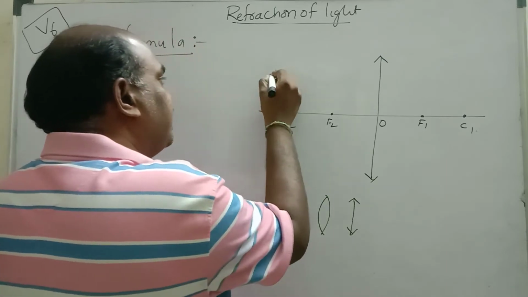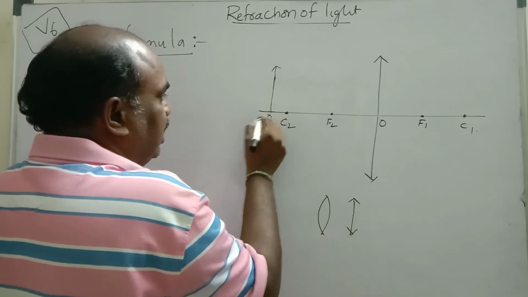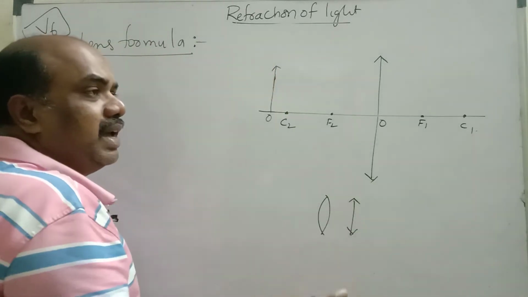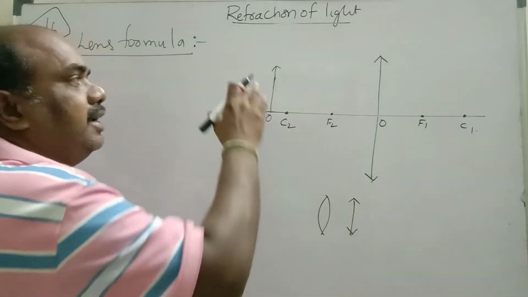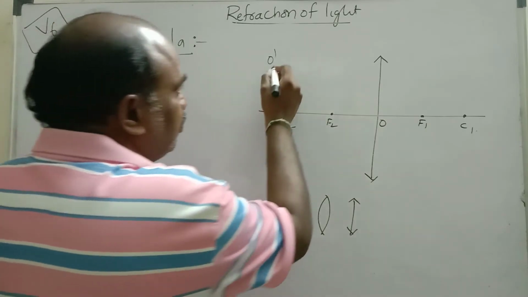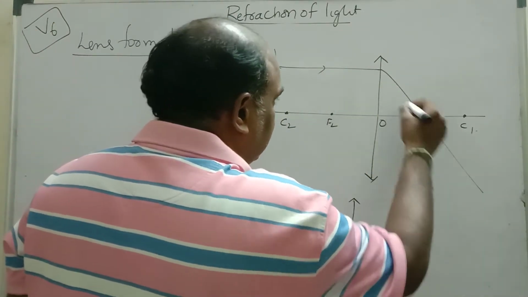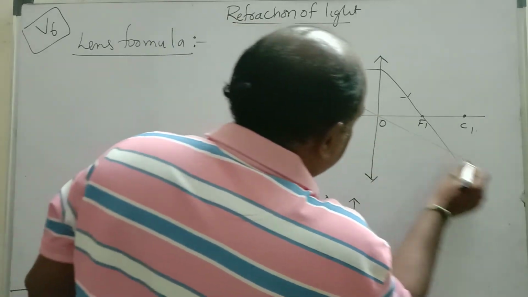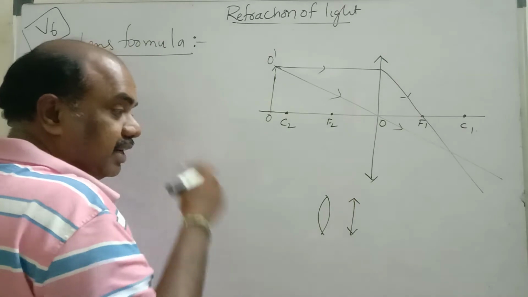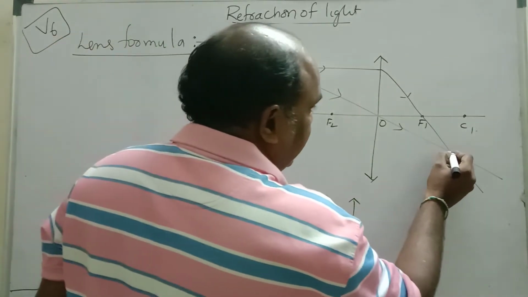If you place an object at a certain place, this is the object. Object can be anything where light rays are coming. It may be pencil, it may be pen, it may be chair, it may be wall, it may be candle. O is object, O dash is object height. One parallel incident ray you take. After refraction it goes through the focus. One more incident ray you take which goes through the optic center. It will not bend. The ray that goes through the optic center will not be deviated. It will be undeviated. This is the intersecting point.